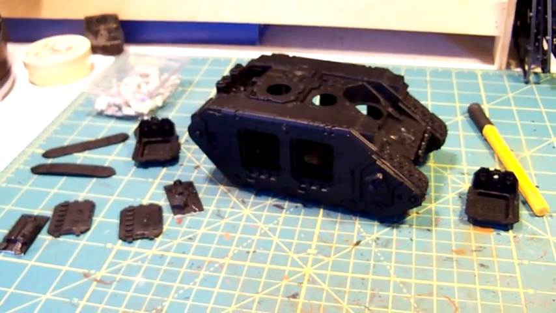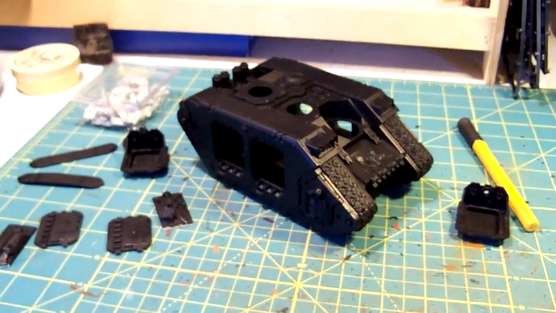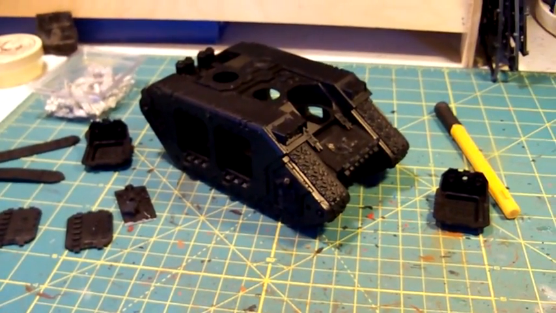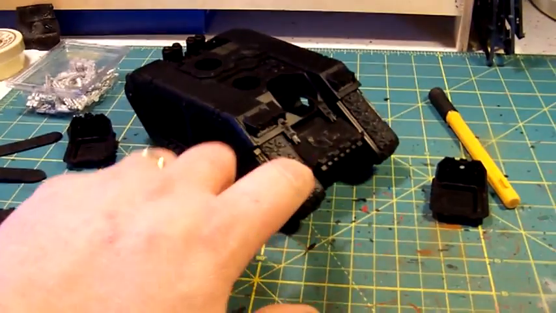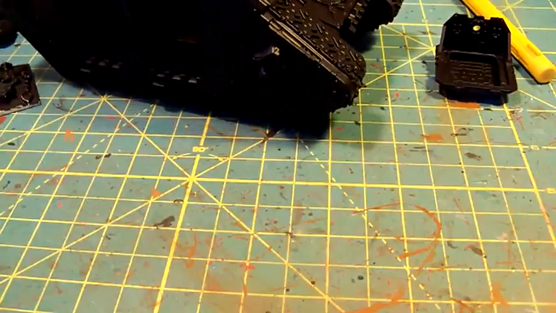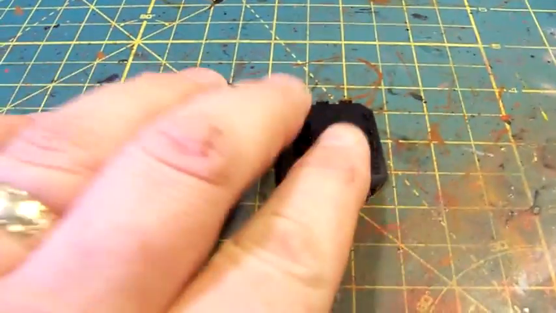A little bit up to date here, what we're doing. This is my slow build on my Crusader Land Raider for my Death Company. Basically, it's going to be done in the black and red style of my Death Company, but I did get some Forge World bits. I got the front panel of my Land Raider,